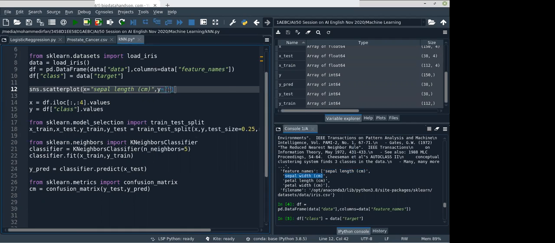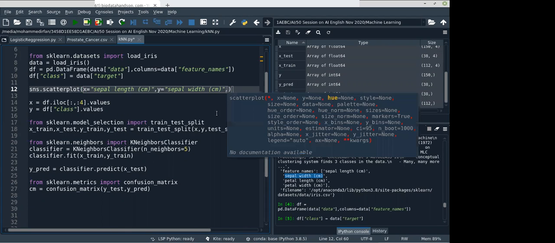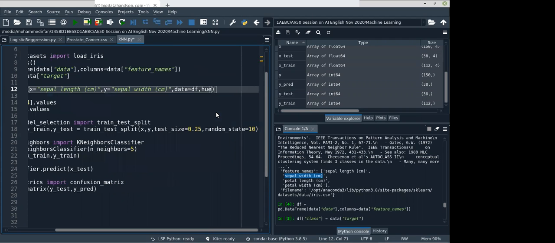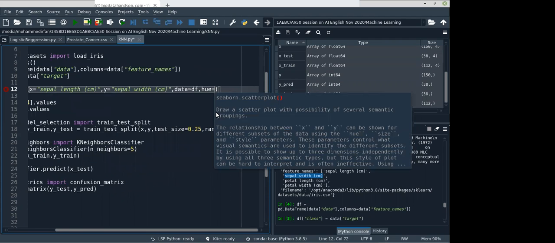We have given the x and y variables, and then you want to give the data as well. So the data is the data frame, df, and the hue means it will show you separated categories like 0, 1, 2 for setosa, versicolor, virginica. So the hue is class. Now the class column is the hue.